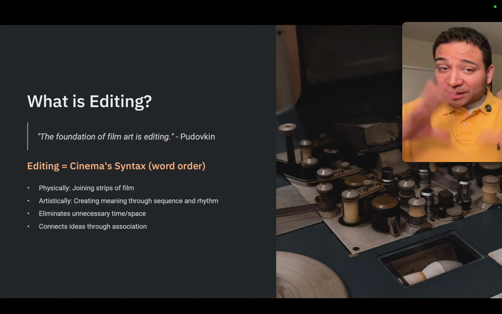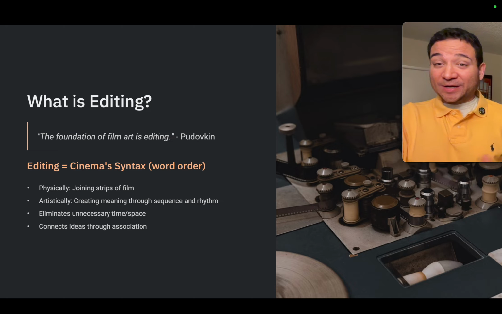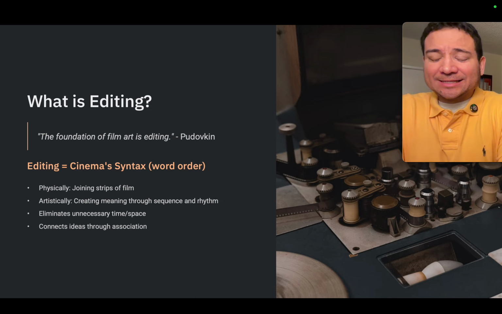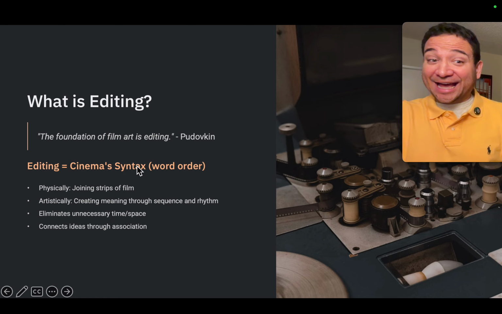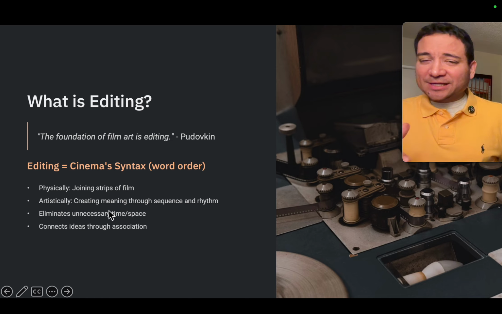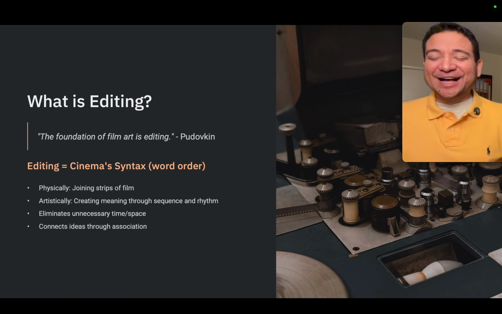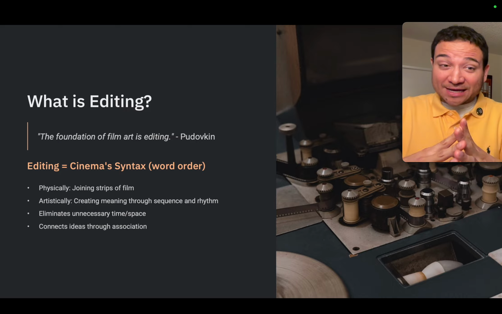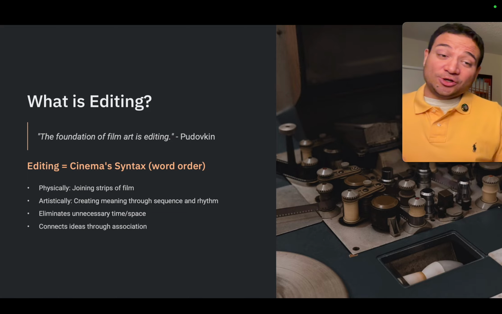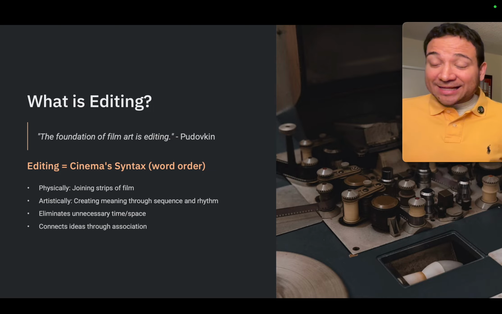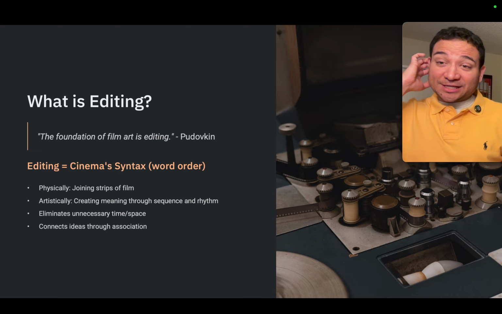Now, we blend this movement to editing. And from our reading, we saw the foundation of film art is editing. And because this class is film as literature, I liked thinking of the editing as the cinema's syntax. So, syntax is word order, how we put things together, right? That is the editing. And literally, with editing, you're joining strips of film, that's what you're doing physically, or artistically, you're